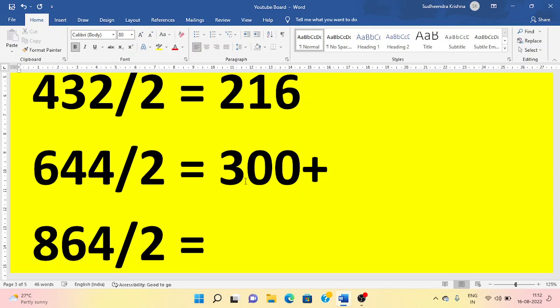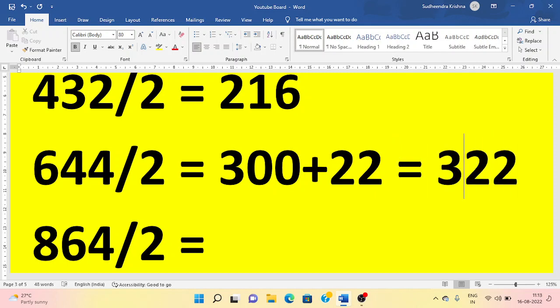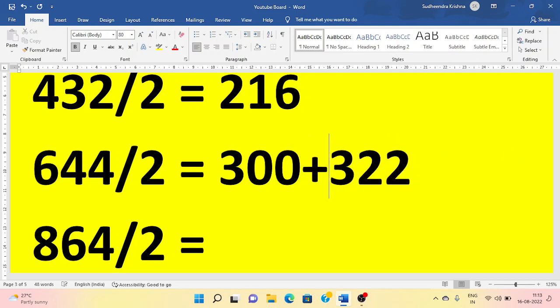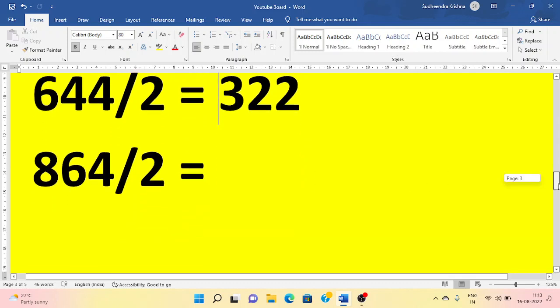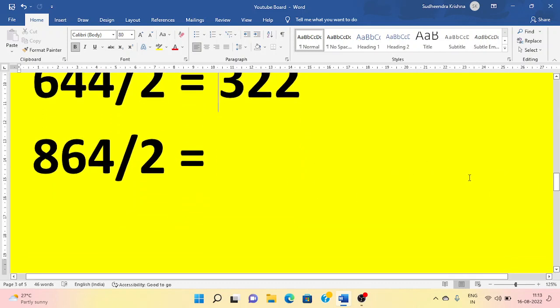Half of 44 is 22. So 300 plus 22 is equal to 322. So this is the required answer. So half of 644 is equal to 322. It's as simple as this. Now let us take another example,